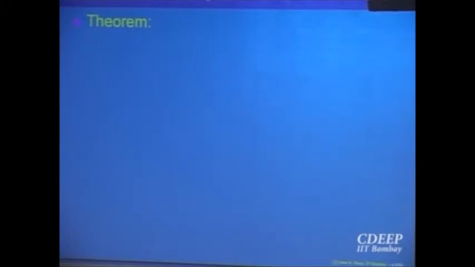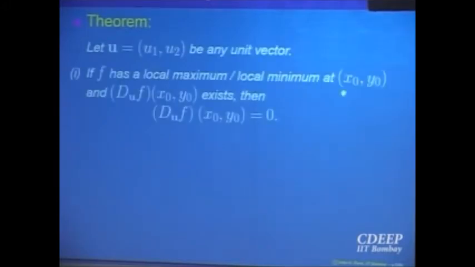So we'll state the condition for two variables. So this is a necessary condition for functions of two variables. It says supposing f is a function of two variables, okay, and u is any unit vector. So if a function has a local maximum or a local minimum at a point x0, y0, then the directional derivative of that function in the direction of the vector u at the point x0, y0 should be equal to 0 for every direction u. In every direction, the rate of change should be equal to 0. Something saying that it is linear, right, in that neighborhood. Okay.